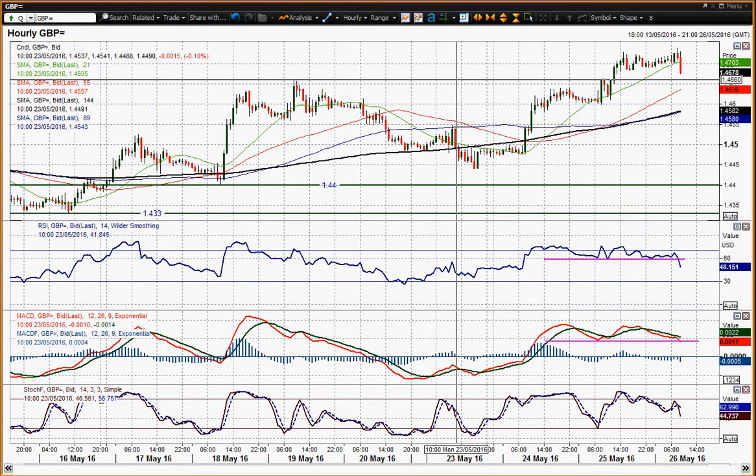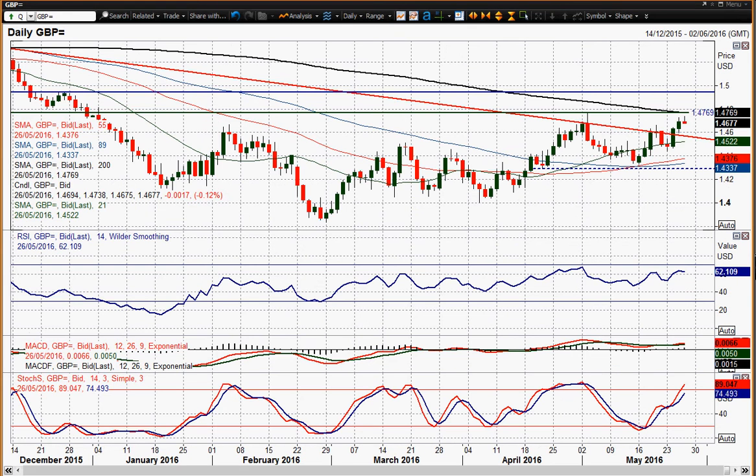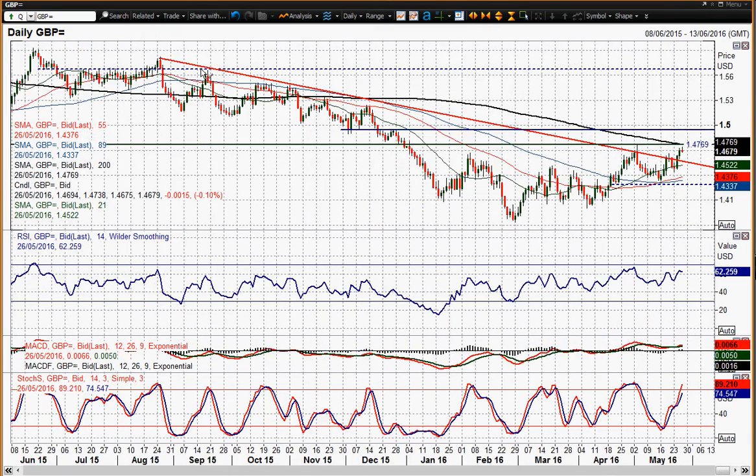But I think on the daily chart you'd still say that we're pretty positive, because you've broken out above that 46.60 reaction high, and it's looking stronger in terms of having broken that downtrend that dates back to August last year, now confirming the break of that downtrend, and the momentum indicators on the daily chart are more positive as well. So I think that would suggest that corrections are going to be bought into, and